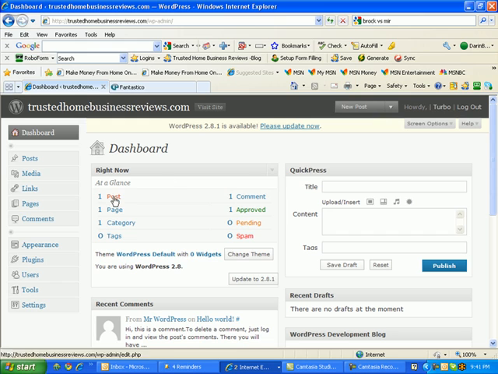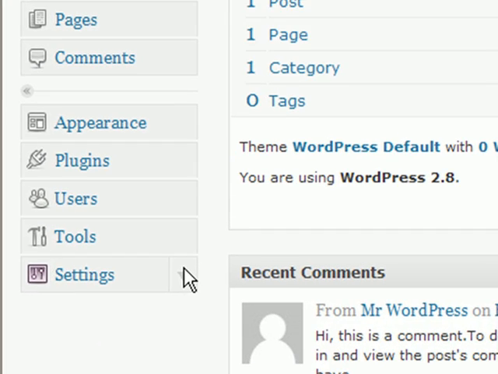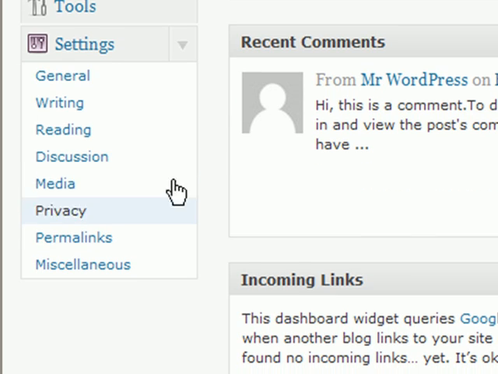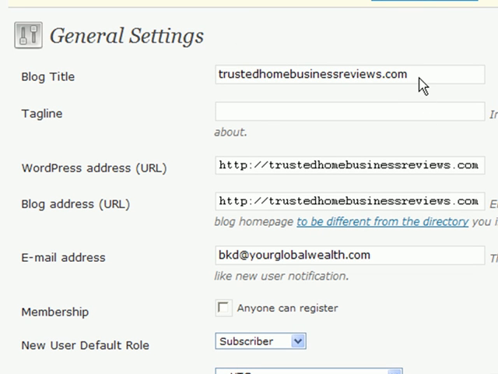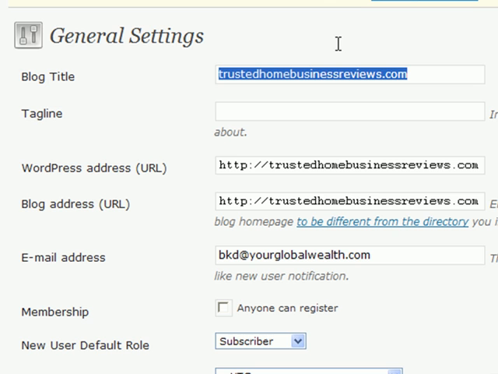First thing we want to do is go over to the sidebar and adjust some of the core settings. So I'm going to open this up and let's just go through each tab one by one. Let's go to General. To start out, we're going to move to the blog title right at the top here. By default, it already filled in as what you input when you installed the blog, but let's change this to something new. Rather than having the lowercase .com there, I want Trusted Home Business Reviews, so that'll be the title of my blog. And the tagline is going to be